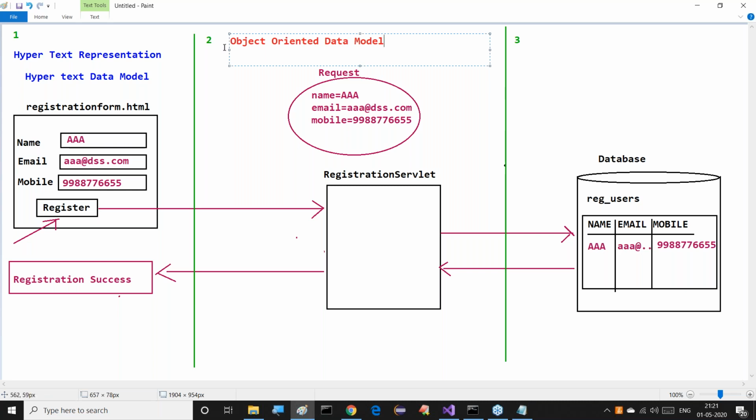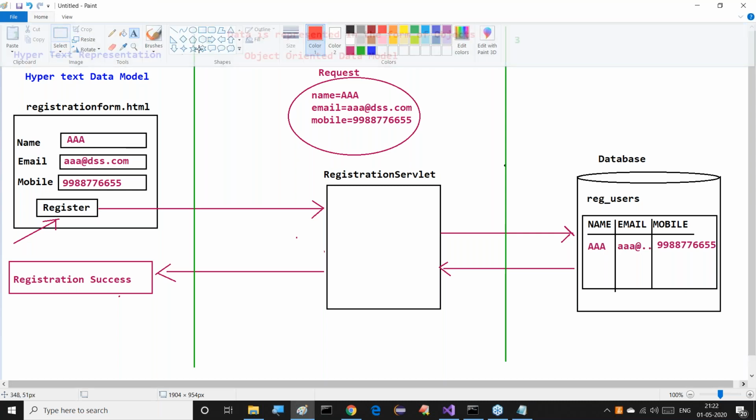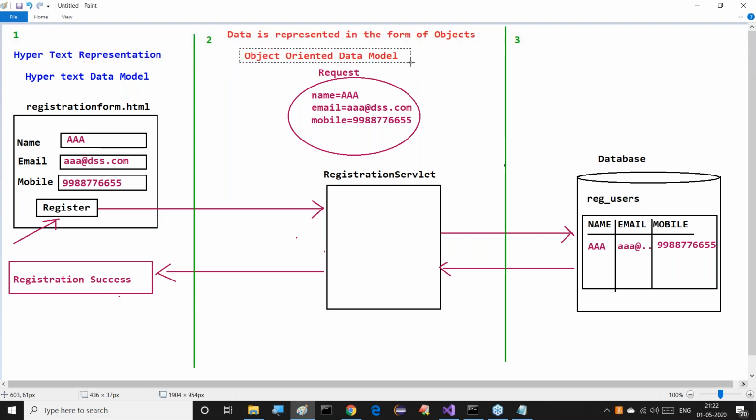So here the data is represented in the form of objects as per object oriented features. All of you observe this clearly. So the data model is the object oriented data model.